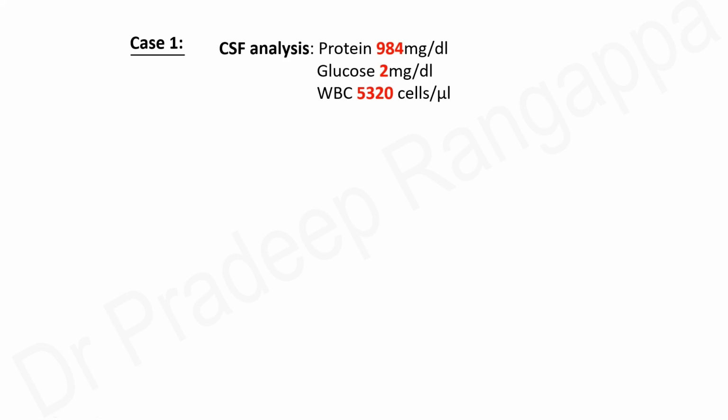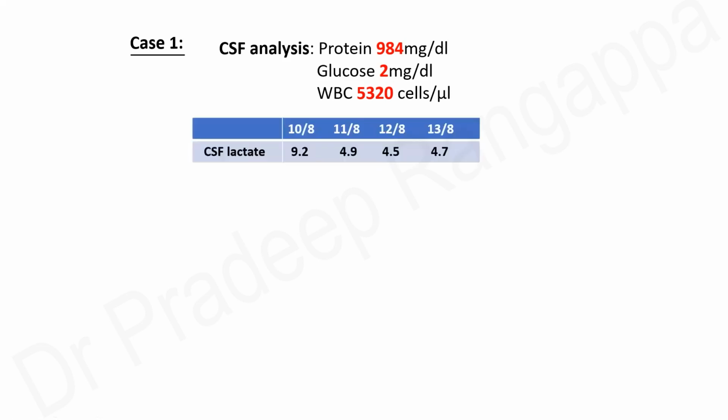But the highlight of this case was to discuss another marker for trainees, which is very important. Very often when you do CSF, it's always important to look at CSF lactate. That's what we did in this case. I'm sure many of you would be doing it now, but this has to be done as a routine for any patient in ICU where CSF analysis is done, because it gives a good clue as to the possible cause of underlying meningitis. As you see, CSF lactate was very high, with 9.24 being the cutoff.